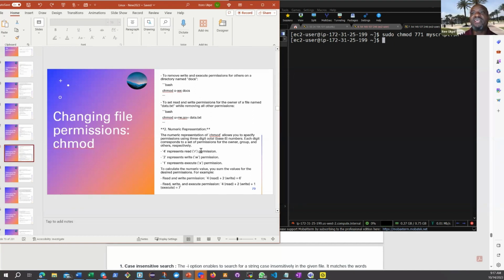So 4 is for read, 2 is for write, 1 is for execute. So if I add these numbers and I have the value 7, it means I have all the privileges. I can read, I can write, and I can execute. If I only have 1, I only have permission to execute. If I only have 2, I can only write. Right? So that's what that is. It takes a minute to process it. So take your time and do some of the homework. It will come to you very quickly, right? It takes some time to know, yeah, 4, 2,